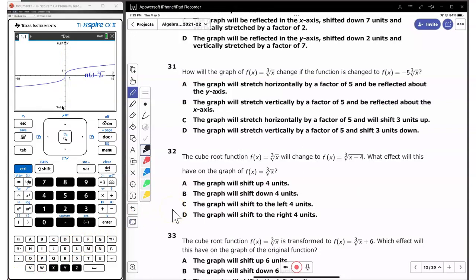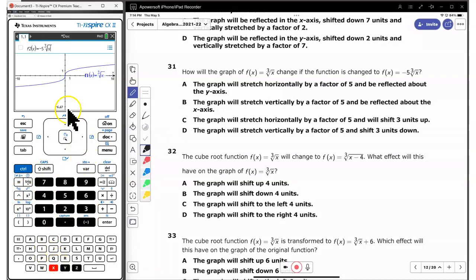Okay, for this problem, we're dealing with transformations. This is the next section. How will the graph of f of x change if the function is changed to -5 cube root of x? So I'm going to type in the other function, -5 cube root